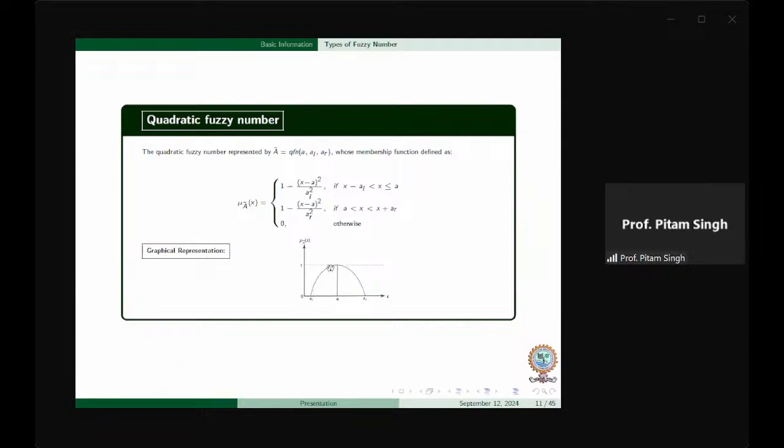If we consider the quadratic curve, both are quadratic curves. So the quadratic curve can be for this left part, and this is the right part. This is the modal value around which we are taking the uncertainty. If we want to consider color determination or any decision making problem, suppose